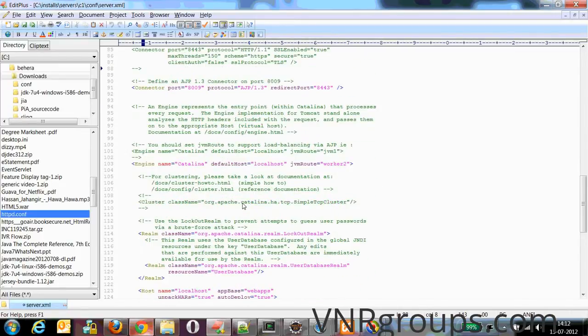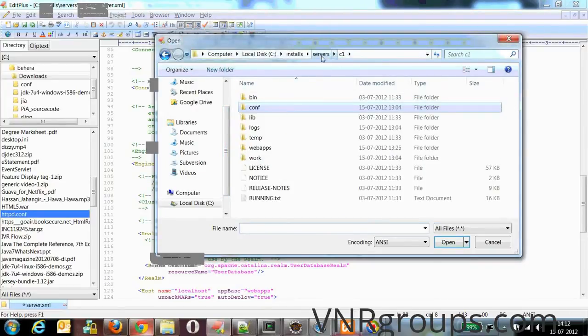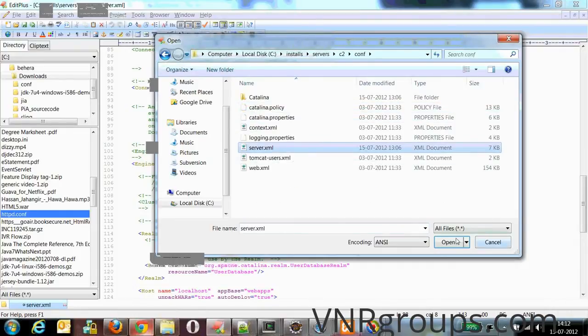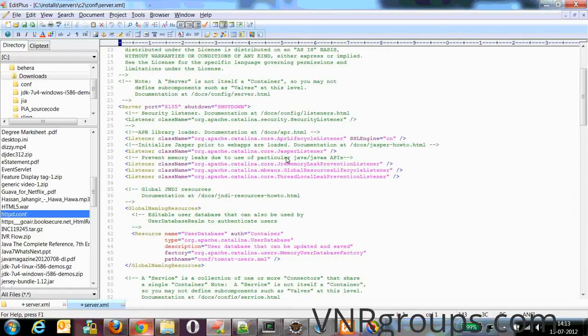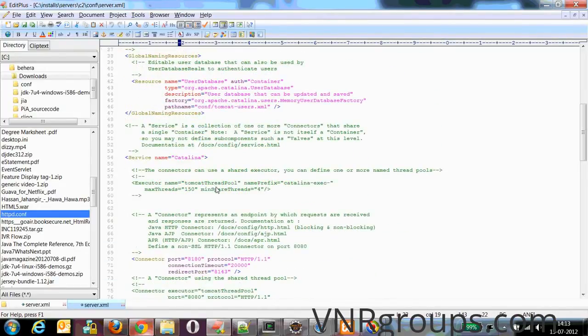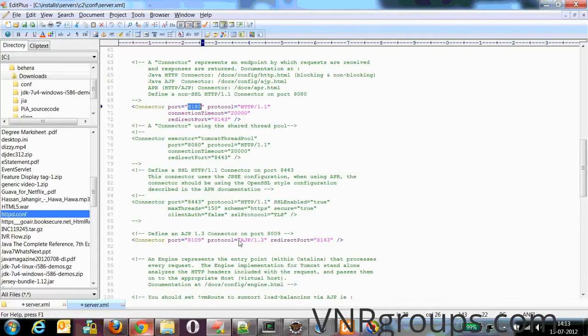Similarly, if you open the server.xml of my other cluster, let's say C2, the same conf server.xml. Since I am running these two Tomcat instances on a single machine, I have changed the port numbers so that there will not be a clash between the ports. Earlier it was 8005, I made it 8105. Similarly for the other ports, 8180 is the port through which I can access my application. Then for the AJP port, it's 8109. So my Apache HTTP server will communicate to this Tomcat server via the AJP protocol and port number 8109.